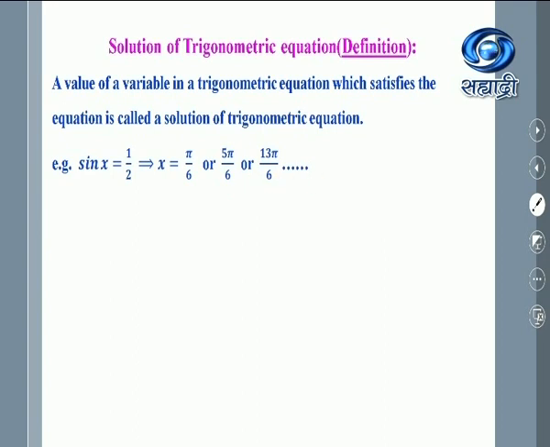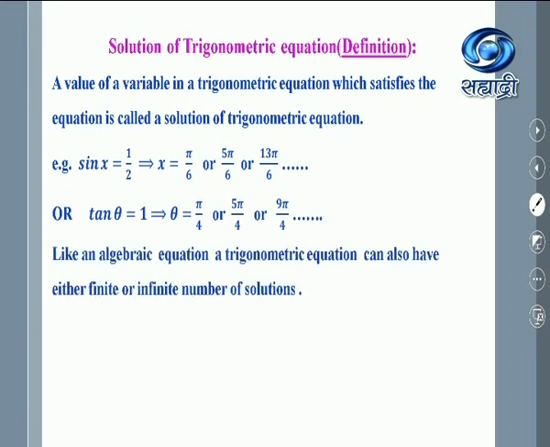There are a few more angles for which sin x is again half. How to find that? Maybe using the periodicity or maybe using the rules of the allied angles. Now we are finding these angles in the next article in detail. Don't worry about that. Tan theta equal to 1. So theta is equal to pi by 4, or theta may be 5 pi by 4 or 9 pi by 4. As I told you, using the rules of allied angles or using the periodicity, again we can find the angles for which tan theta is equal to 1.